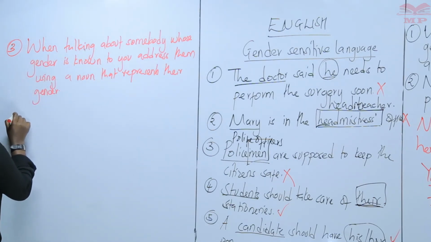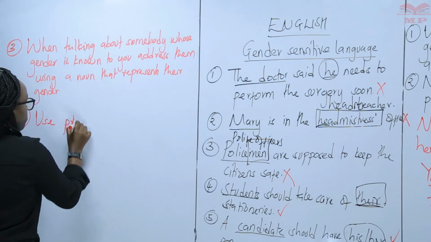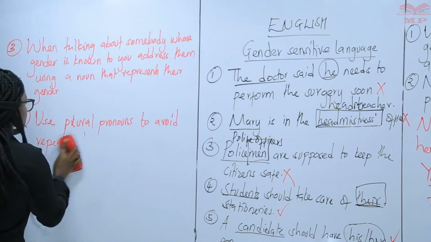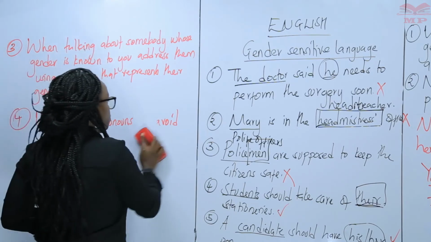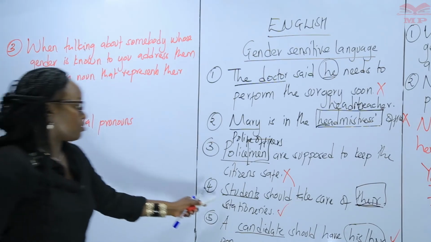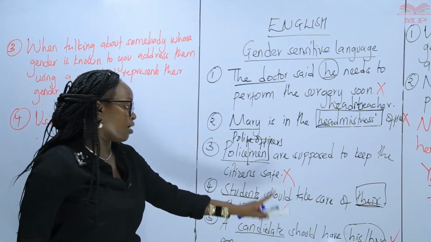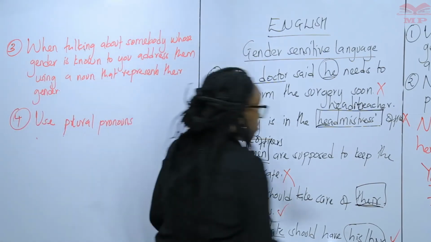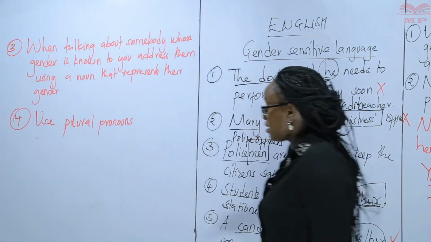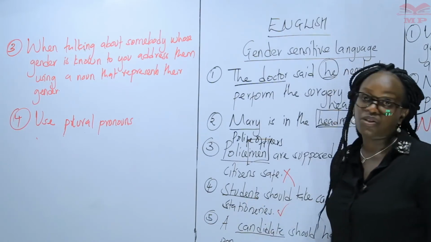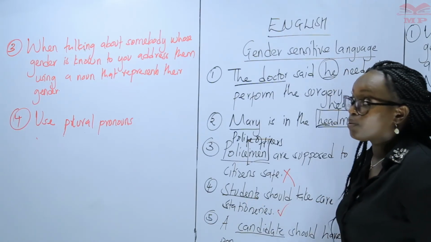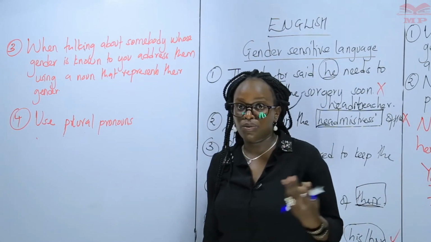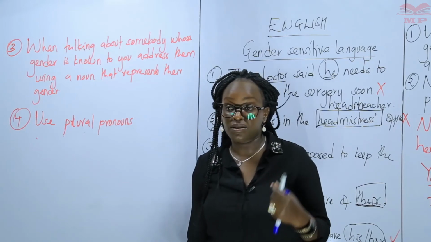And then last, the other thing is that you can make use of the plural pronouns. For example, in the sentence which I've given here, students should take care of their stationaries. That is a very good sentence. We have made use of a plural pronoun. And I said, when you use the plural pronouns, also make sure that the subject is also in plural. So this is an area that will require you to go out of your way and try to look at those terms that are used to refer to the various genders.